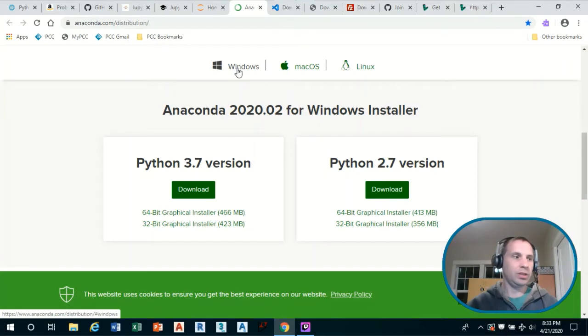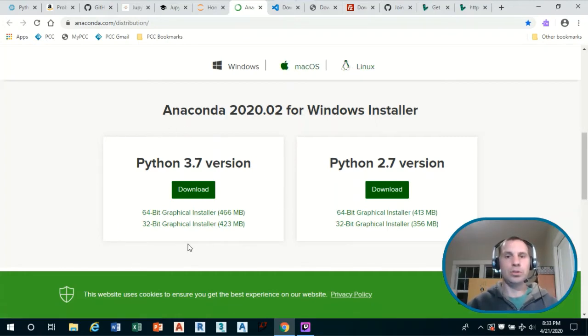I'm on a Windows 10 machine, and you can just scroll down and hit this download button, or if you're unsure, you want the 64-bit graphical installer, which is the same link that's right here. There's also an installer for Mac and Linux if you're using those platforms.